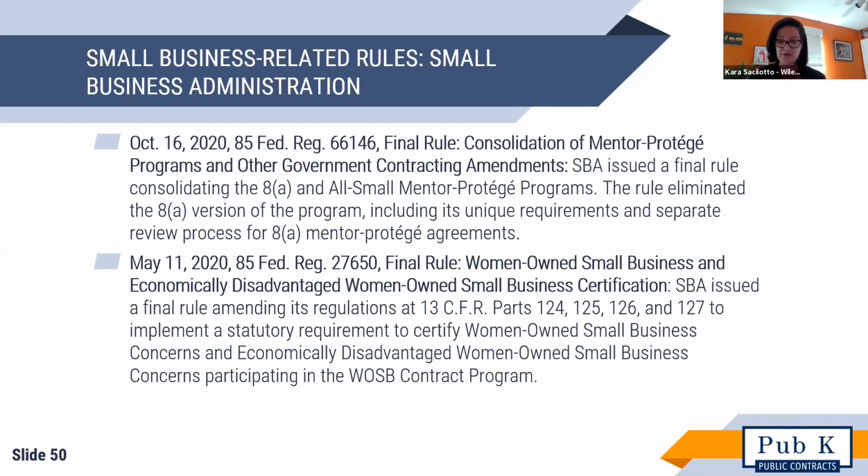SBA also clarified the rules to qualify as a protege when the concern is small under its secondary North American Industry Classification System, or NAICS code, but other than small under its primary NAICS code. Now, although this rule purports to be about consolidating rules about mentor-protege arrangements, buried within it are a host of other additional changes to SBA rules. One of them eliminates the so-called 3 and 2 rule for all joint ventures that limited the joint venture to receiving 3 contracts in 2 years, and instead sets a blanket rule providing that all joint ventures have a 2-year limit starting from the date of the first contract award.